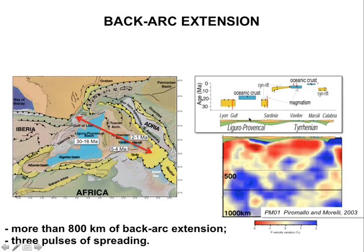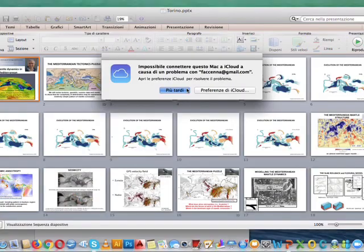And you can appreciate that the extension here is not a progressive feature, but jumps. So you have a first phase of syn-rift deposits, then followed by the oceanic crust in the Liguro-Provençal basin up to 16 million years. Then everything stops for about 5 million years. Then extension shifts to the Tyrrhenian area at about 5, syn-rift, then oceanic floor, probably even smaller than what's shown here, as the recent campaign shows that it's probably smaller oceanic crust, but jumping to 5 and 2 million years. So